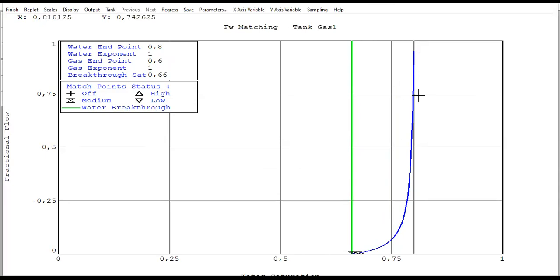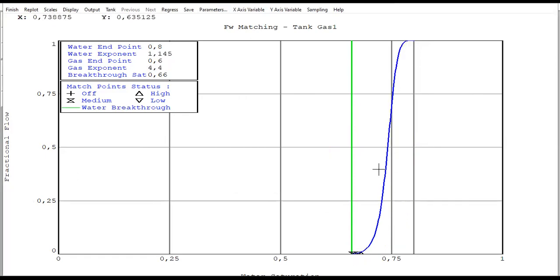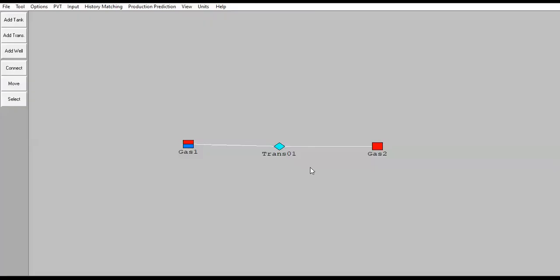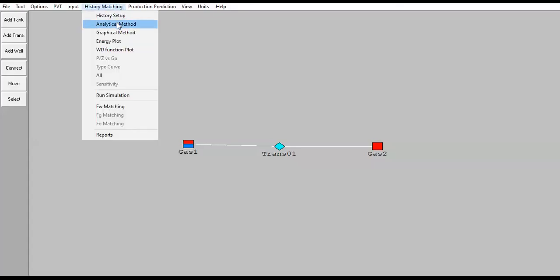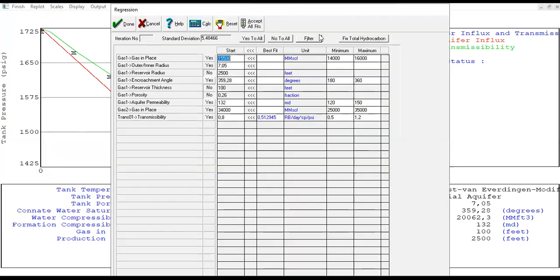If you read your textbook about fractional flow, the shape will be like this one. If you change it, the shape will be like S, letter S. Okay, so I will use this one, click finish, yes. And then let's say I want to perform history matching again. Regression, I will give limit